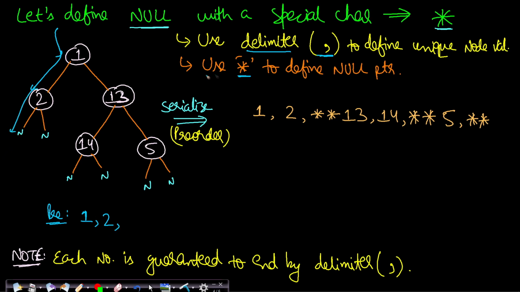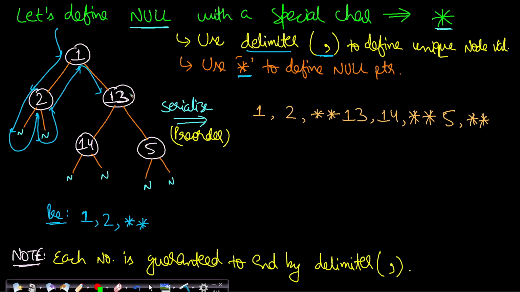So whenever I hit a null, I will put a star there and I will go back. I am going back to 2. Now when I go back to 2, I will make the right call and I am again reaching null. Whenever I reach null, I will put a star there and I'll go back to 2. Now processing was already done. Left call is done, right call is done. So I will go back to 1. Now make the right call.